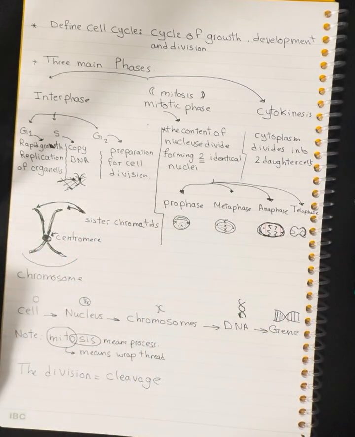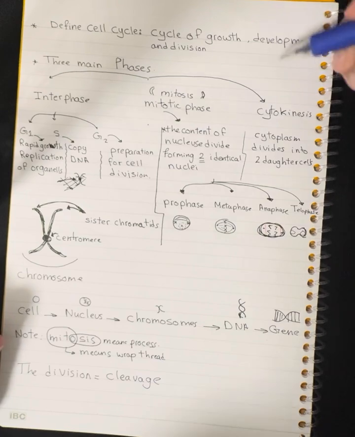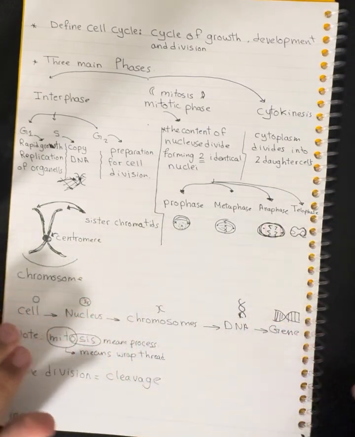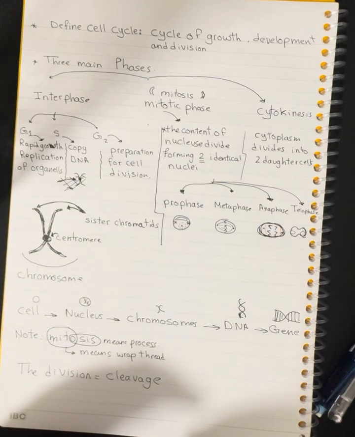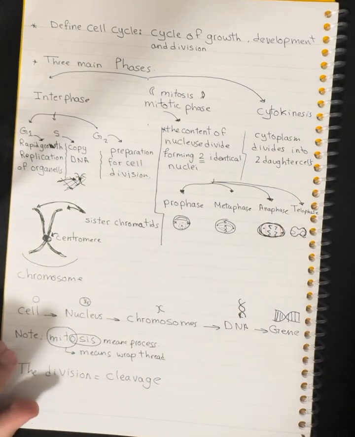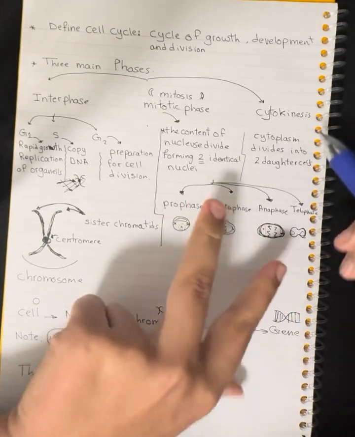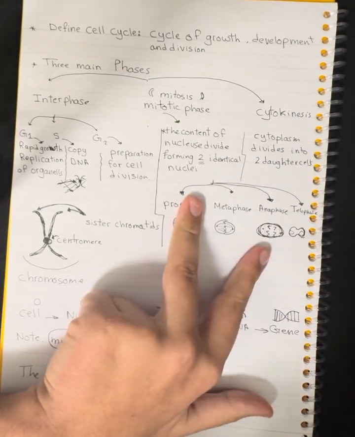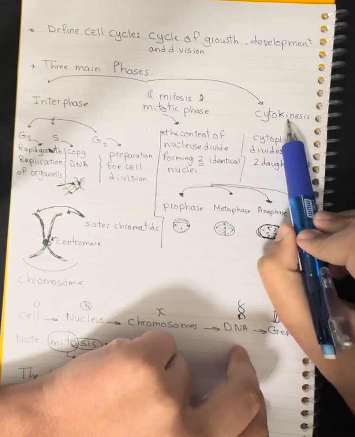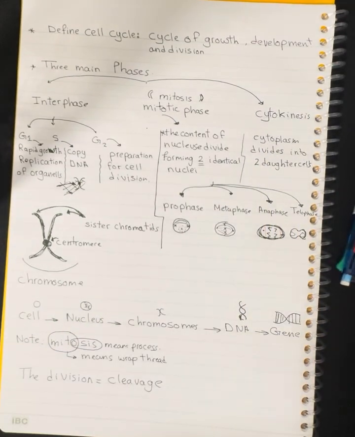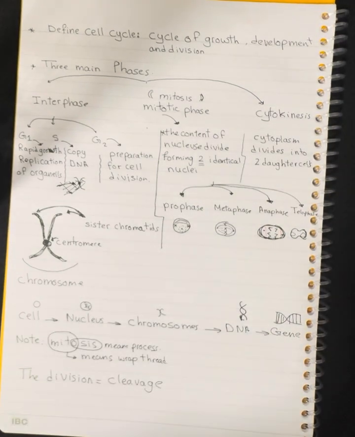The two identical nuclei have a barrier of cytoplasm between them. This barrier of cytoplasm ensures that this is one cell, but in cytokinesis, it divides. The barrier divides, so two daughter cells come out of it. So in cytokinesis, the cytoplasm divides into two daughter cells. So the two nuclei become two daughter cells. And that is the 3 stages of the cell cycle.